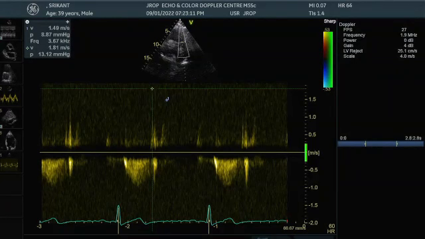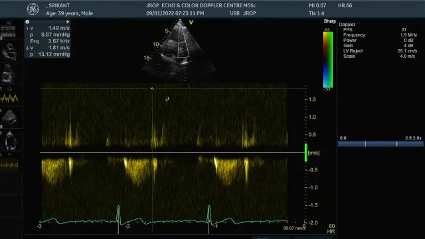Okay, that's great. Somebody was asking something in between. Yes, sir. I have one patient whose TR gradient was around 90 to 100. He was a COPD patient, but his PA gradient was almost normal. PA gradient, how can it be normal? What is the PA gradient? Yes, sir, it's the PV gradient, the pulmonary valve velocity is around 1. Pulmonic velocity is suggestive of pulmonic stenosis, not of pulmonary artery hypertension.